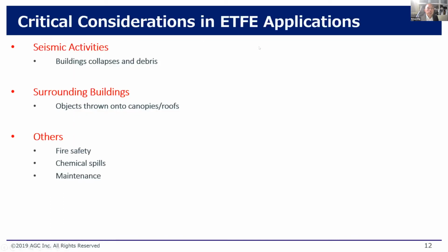So the critical considerations in ETFE application, importantly, other than making sure that the loads are properly taken into account, you also want to think about the seismic loads, the surrounding buildings, and others. Glass has been a dominant product for roofing and facade since it was invented. But with it comes various disadvantages. For example, in volcanic regions or where there's high earthquake activity, typically when a building collapses, there'll be a lot of debris. So in the use of ETFE, you're talking about relatively less steel structure compared to using glass. And you don't have glass shatters,